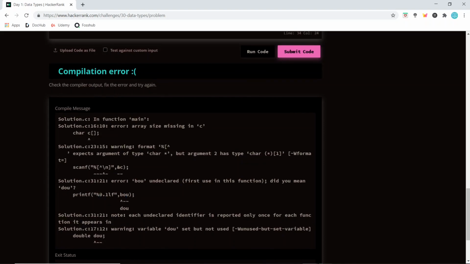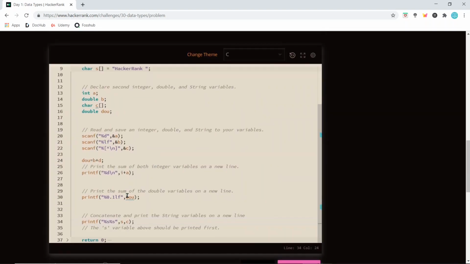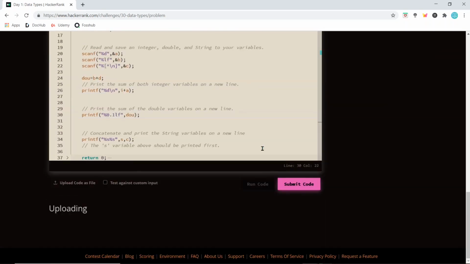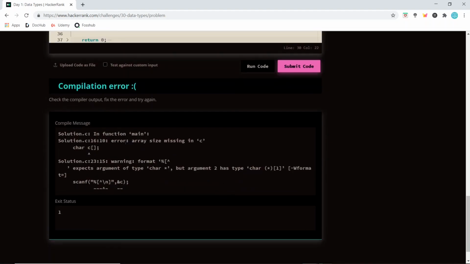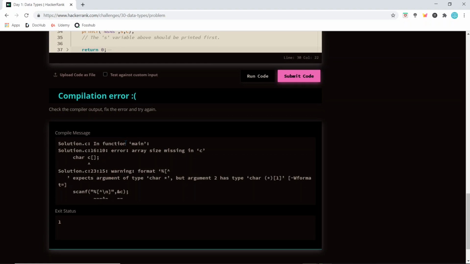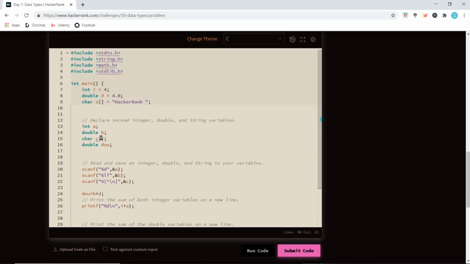We wrote bou, this will be dou. So let's see, one error should be removed. Okay, one error is removed. The second is the size of this is not specified. We'll put the size, let's say 1000.